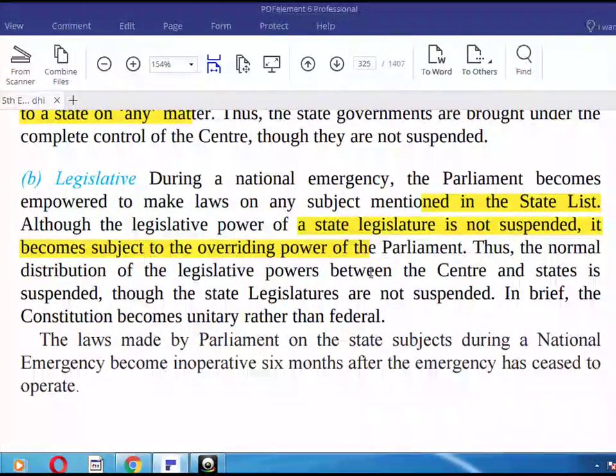of the Parliament. Thus, the normal distribution of the legislative power between the center and the state is suspended, though the state legislatures are not suspended. In brief, the constitution becomes unitary rather than federal. The laws made by the Parliament on state subjects during the national emergency become inoperative six months after the emergency